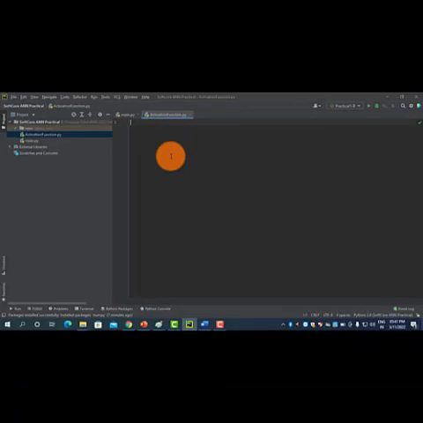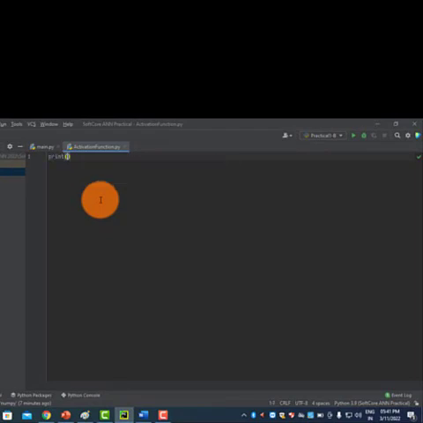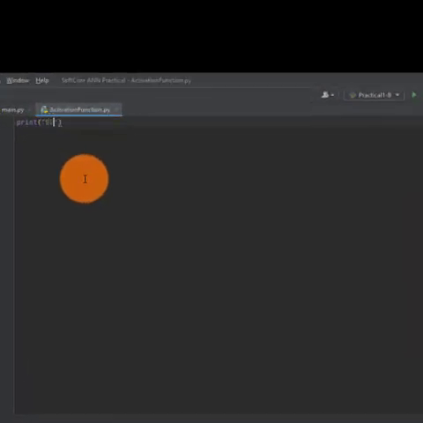First of all, we will get ready with the basic neural network model. For that, we will first take the input from the user: enter the node x1, and store that value in the x1 variable.